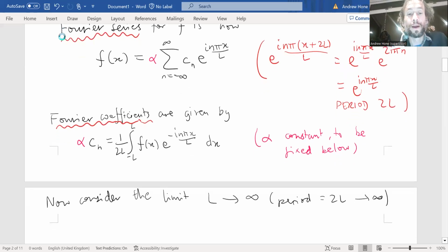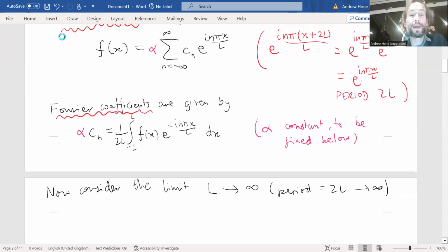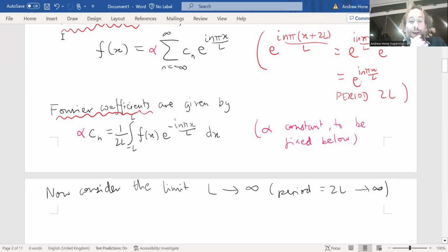Well, you can see that we've got an integral with respect to x, which gives us Fourier coefficients. But what about these exponentials? Well, it's kind of a problem, I suppose, because